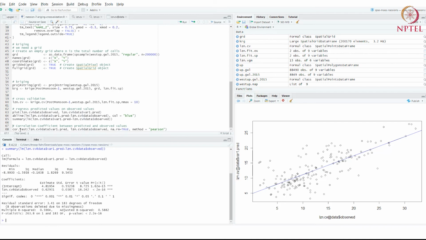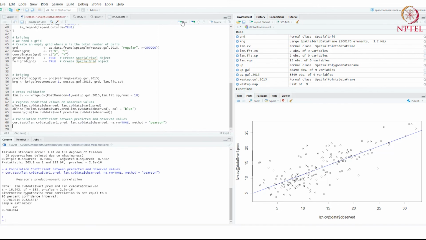We can also perform a correlation test between the predicted and the observed values, and we see that the Pearson correlation coefficient is 0.77 or so. So the values are highly correlated, but there seems to be some underestimation.